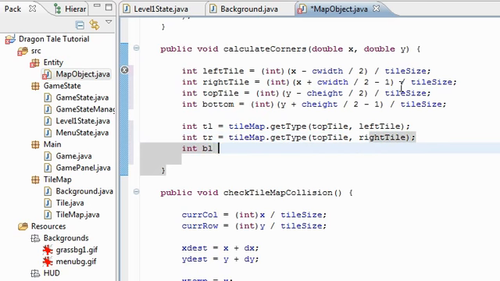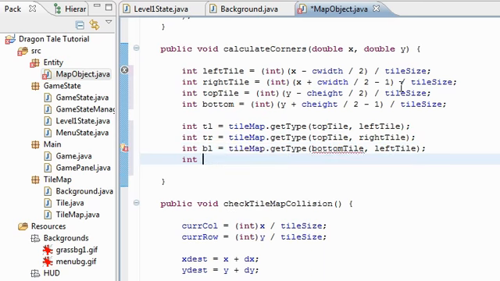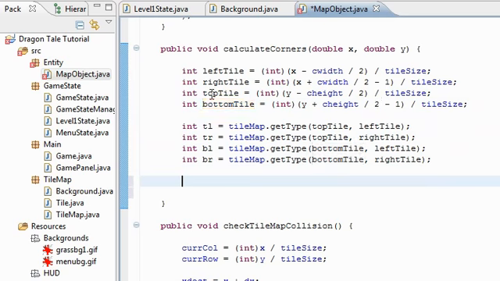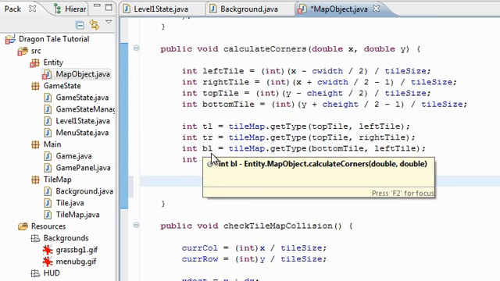And the bottom left is tile map dot get type, bottom tile and left tile. And the bottom right is tile map dot get type, bottom tile and right tile. Okay. Oops. Bottom tile. Forgot tile up here. Okay, there we go. So now we have the 4 corners, top left, top right, bottom left, bottom right, and